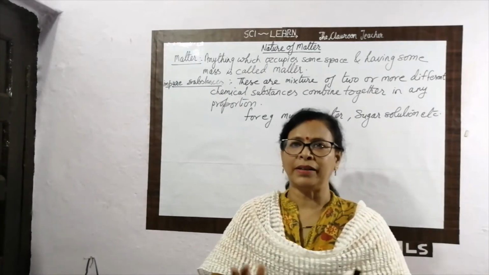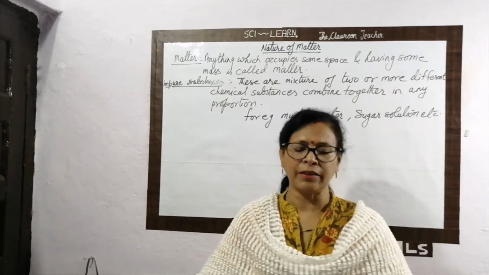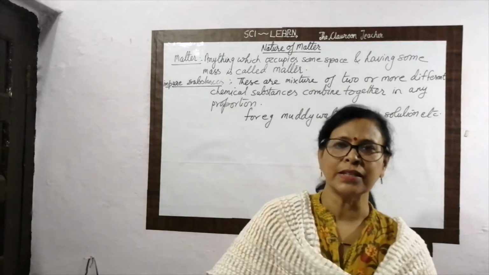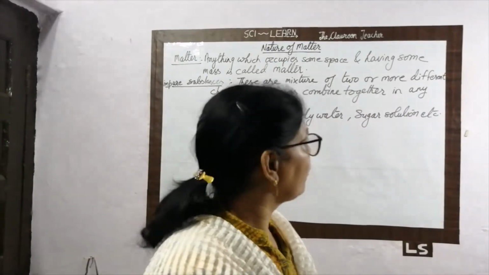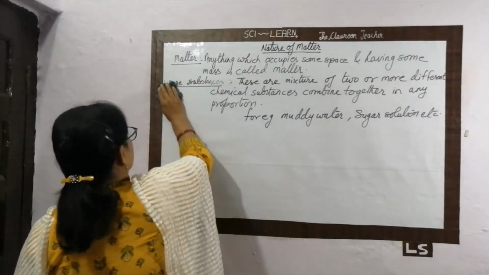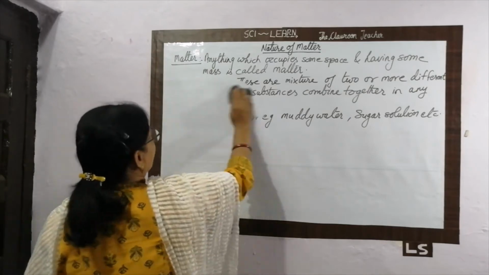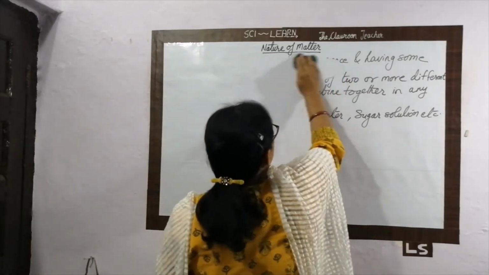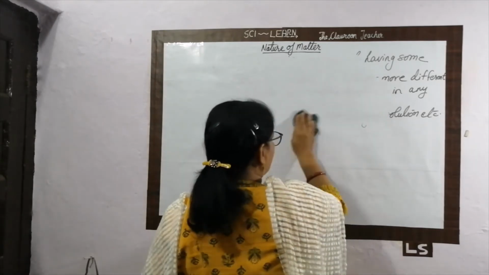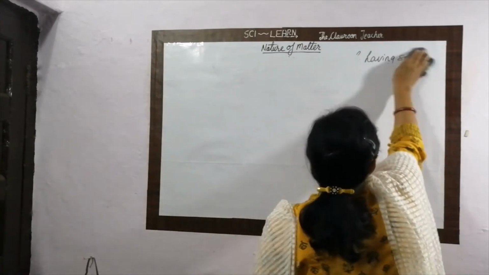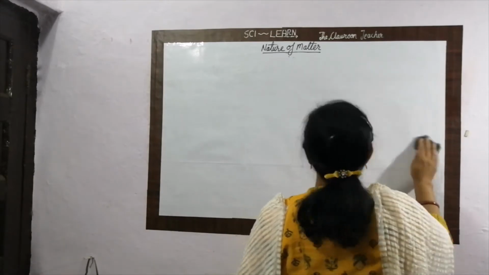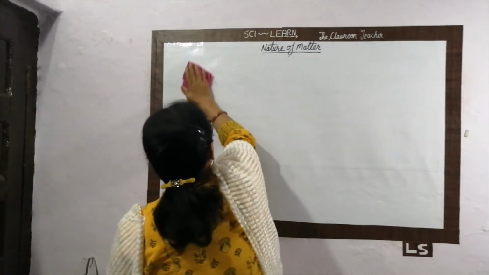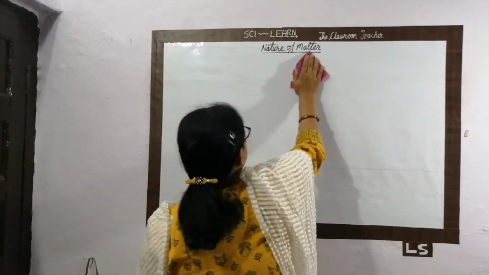So what is matter? Matter is anything which occupies space, and broadly we are able to classify it into 2 parts: the pure substance and the impure substance. Now we have to move towards the pure substance. In one classification, I already told you, the pure substance is classified into 2 parts: one is called the element and one is called the compound. We have to move further towards this topic, the element, compound, and the next topic, the mixture.